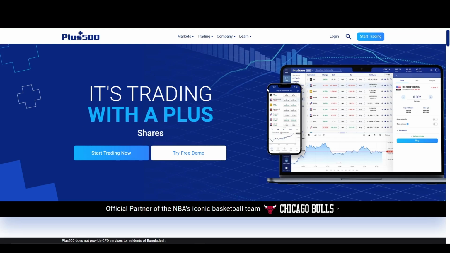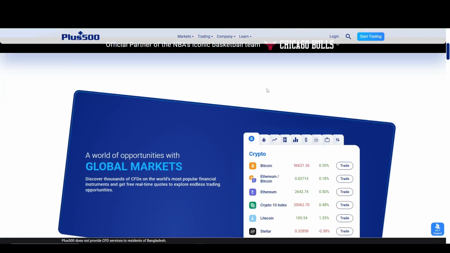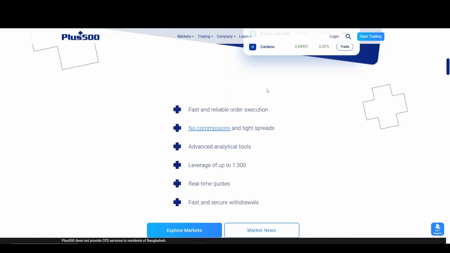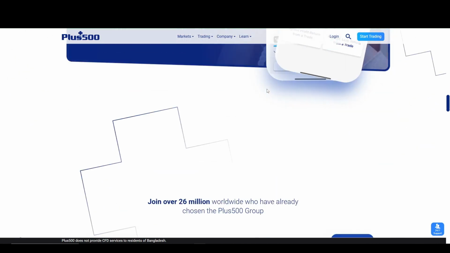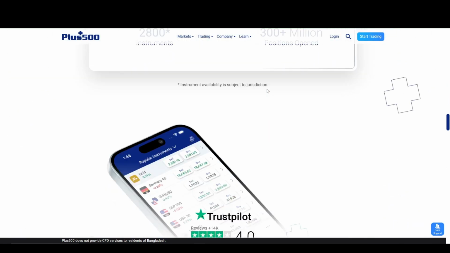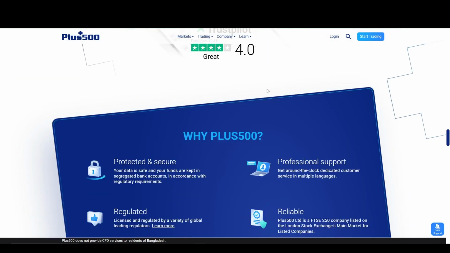Are you ready to unlock amazing savings on Plus500? Today I am going to show you how to effortlessly add a discount code to your Plus500 account in just a few simple steps. Whether you're a seasoned trader or just getting started, using discount codes can help you save significantly